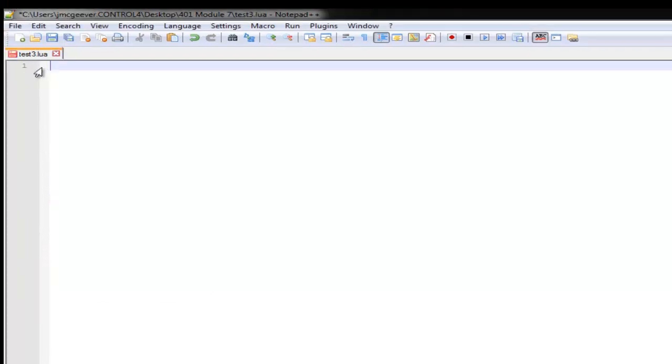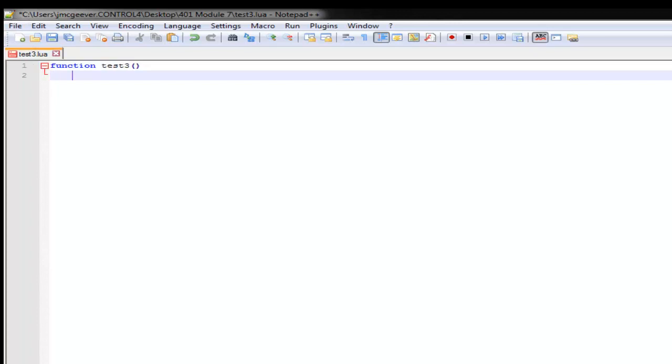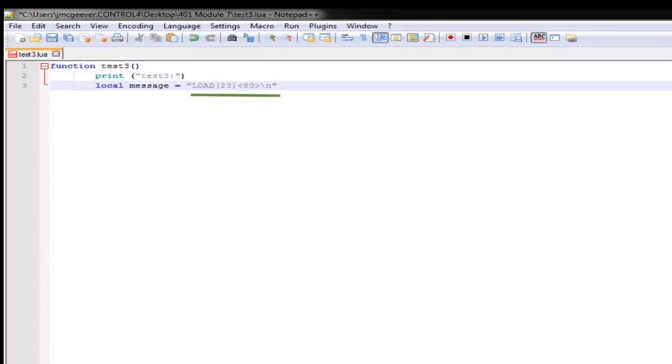Let's look at one more string.match example. You've probably noticed that our string.match syntax can rely heavily on the use of parentheses. But what if the string we need to parse has several instances of parentheses within it? Consider a data string coming from our dimmer that looks like this: load, space, paren 23 paren, space, angle bracket,